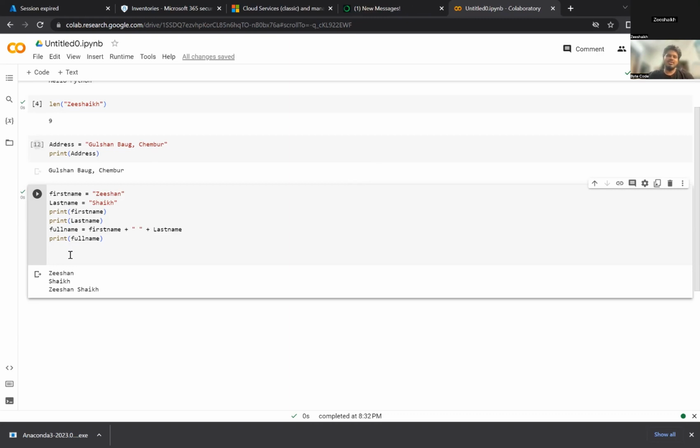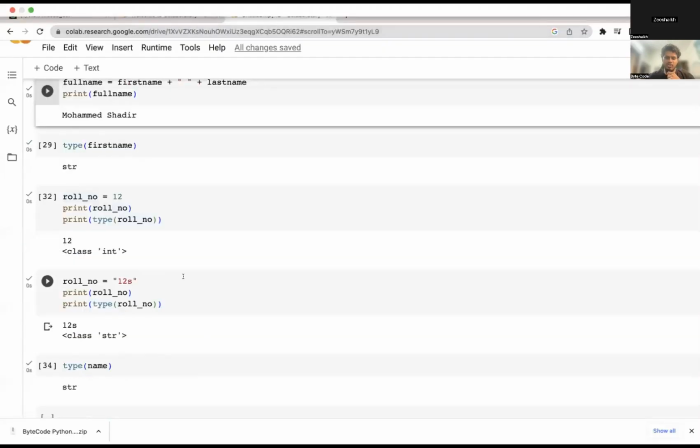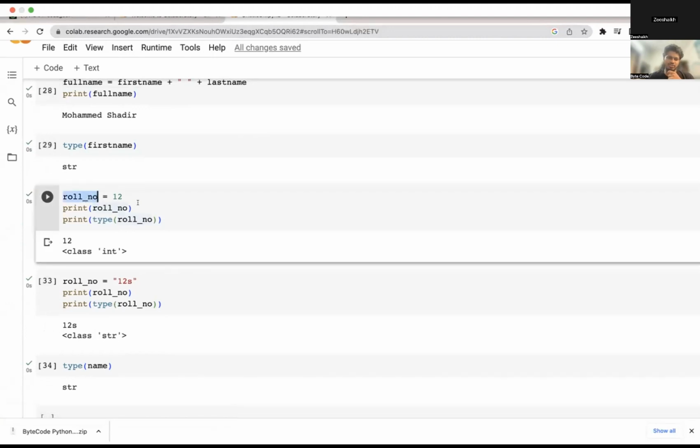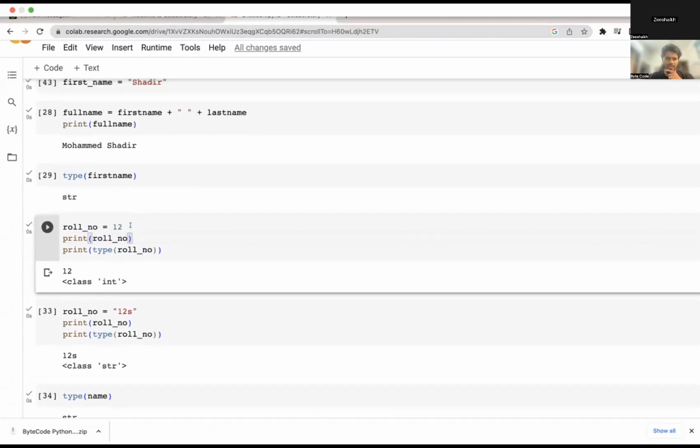Okay, makes sense. So let me share my screen. I'll just stop sharing it. I hope you guys have also done this and understood this. Whenever we write any kind of integer, now you have added underscore to roll number, right?